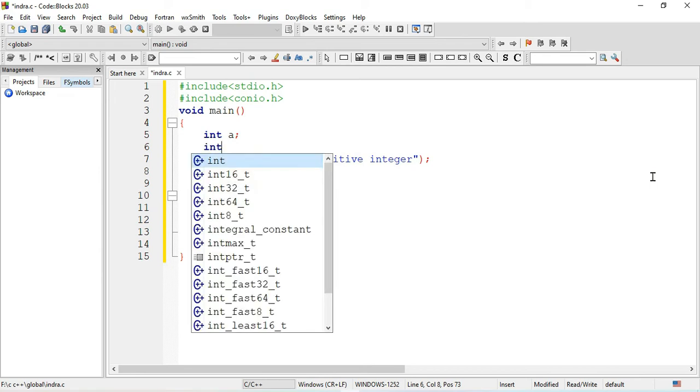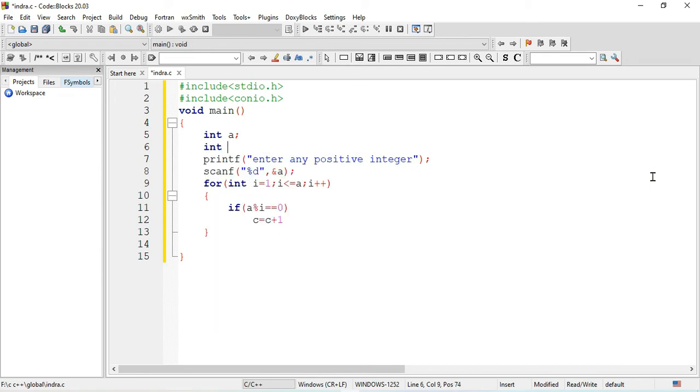We can declare it as integer type, int c, and initially the counting begins from 0, so c equals 0. Then c will be incremented by 1, or you can write c plus plus to increment. If the condition is fulfilled, then c will be incremented by 1.